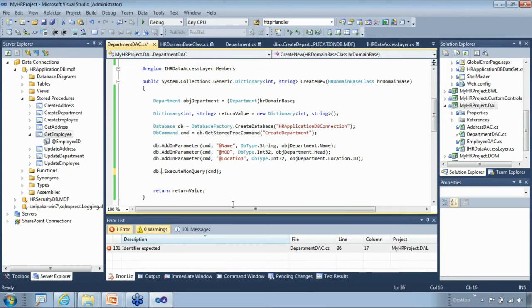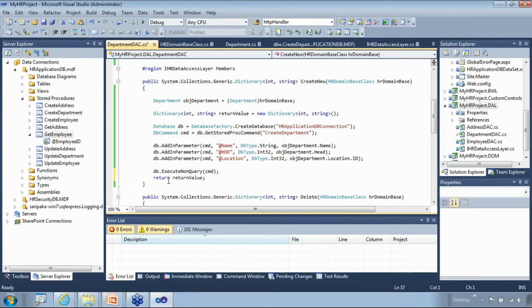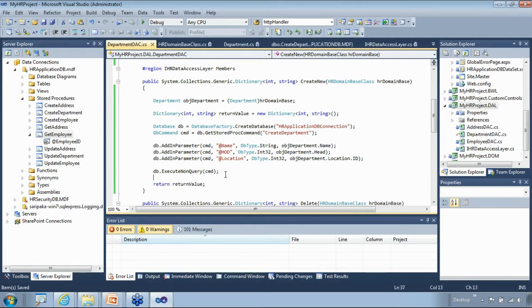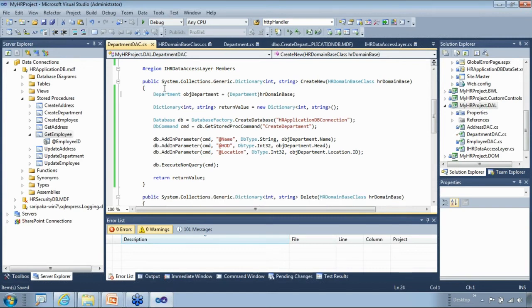So in this case, since my stored proc is not returning any value out, I'm using the ExecuteNonQuery. Okay, done. So this is my data access layer implementation. I am done with this. Okay, and similarly, since we are done and walked through each line of this code, what I can do immediately